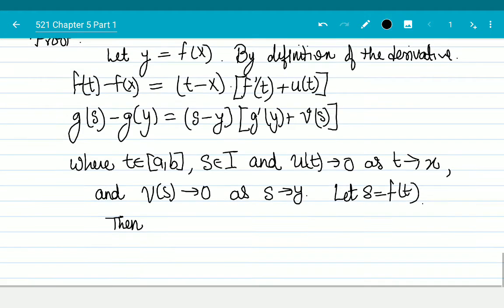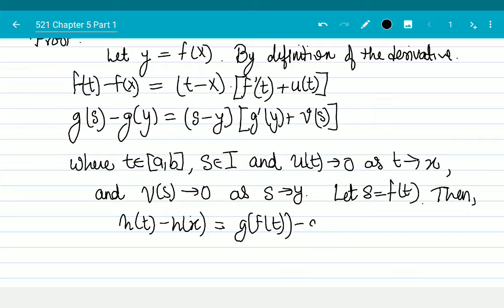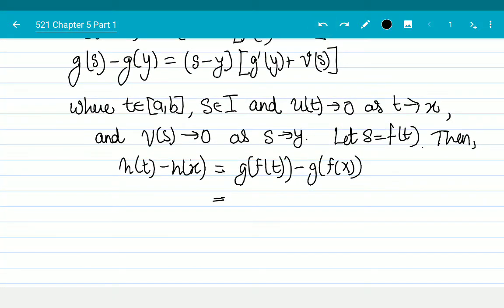Then h of t minus h of x, which is equal to g of f of t minus g of f of x, well, this is equal to g of s minus g of y. So this is equal to